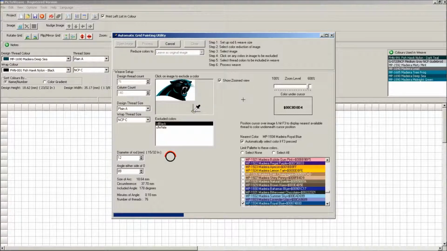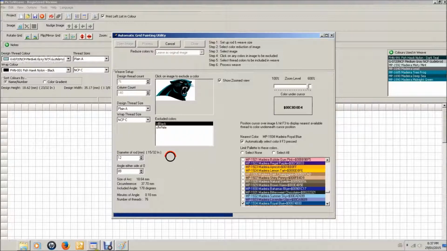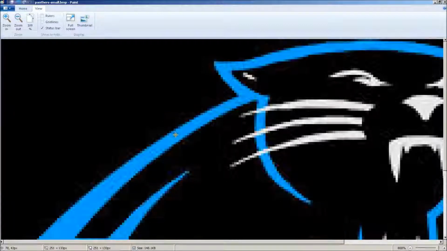As I said before, with something like this, you could quite easily have manually painted the thing before you've sat and waited for this process to go through. The autofill is really designed for simple name weaves and so on. I've done some quite complex weaves with autofill, but you generally have to go back and do a bit of work later, and it takes a bit of time to work out whether an image is going to be suitable. The quickest way to work out if it's going to be suitable, if we go back to our image here,